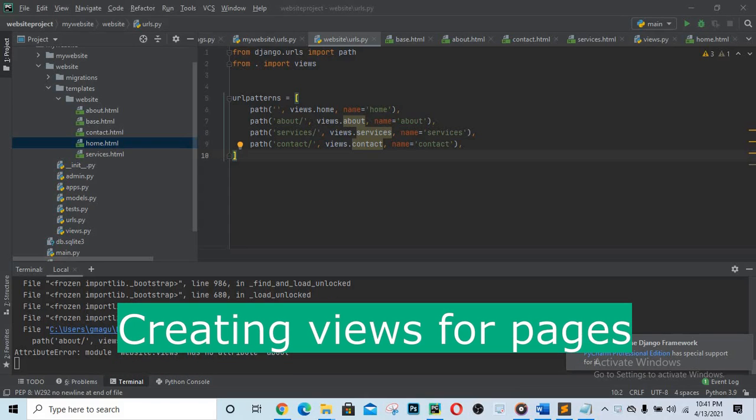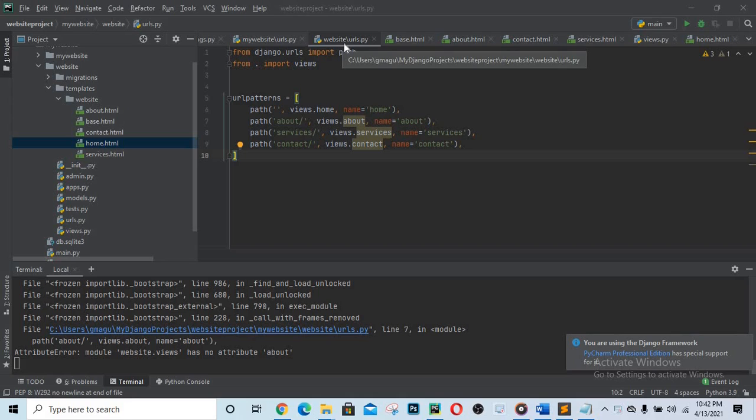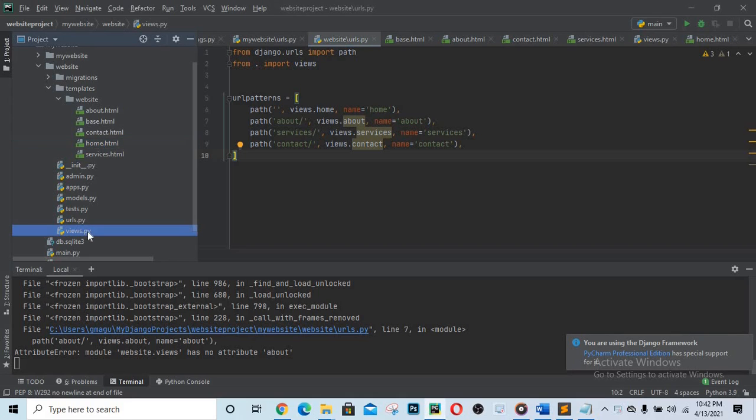Hello everyone, welcome back to another section where I will show you how to create additional views. So without wasting time, let's dive right into it. Now that we have set our application URLs, let's dive to the